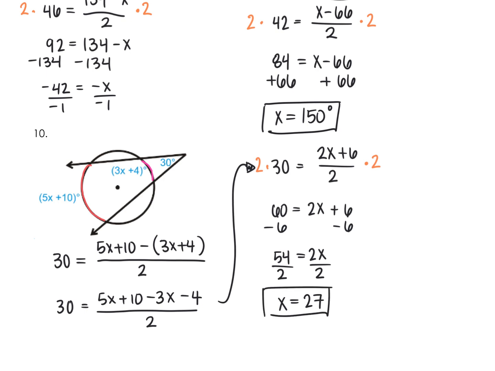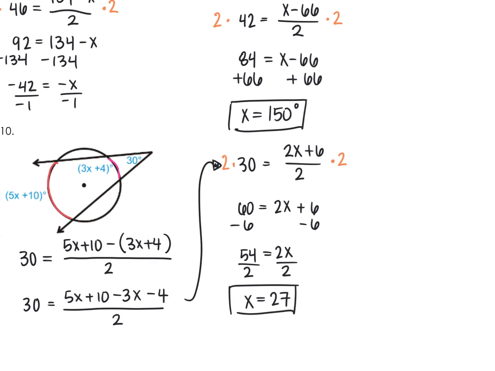So that was one of the options. The other option to solve for x here is I could have just gone ahead and divided the 2x and the 6 by 2, in which case I would have gotten 30 equals x plus 3. Then I subtract 3 from both sides, and I still get that x equals 27. Both are valid methods, but like I said, it's not always going to be the case that when you combine those like terms in the numerator, you get two even numbers. So you have to be able to do both methods in case I've gotten like 2x plus 7, in which case 7 is not divisible by 2 nicely, so I want to make sure that I'm not dealing with decimals